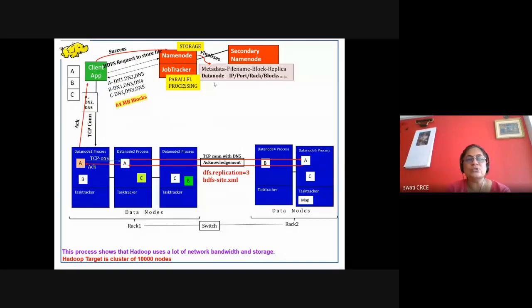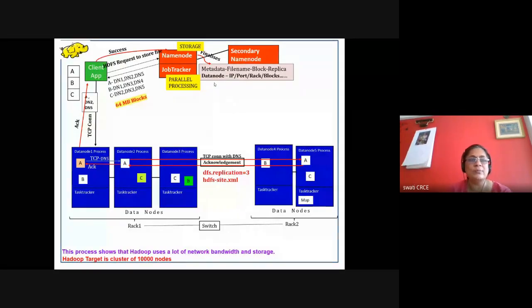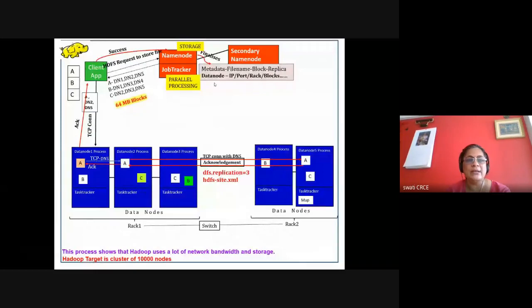Okay, so this is the storage part, like how this information is stored. The client submits this request to name node. Name node will inform the client about the data nodes, and the client will get connected to the data node, and the replicas are created. Okay, so I think this is okay. And now here, whenever the number of replicas is to be considered as 3, the system will decide this, the name node.